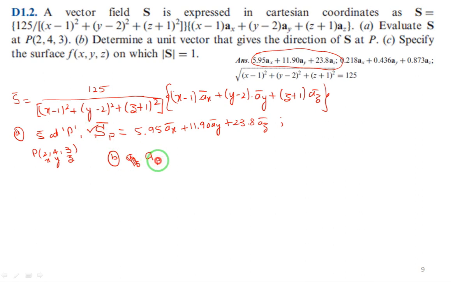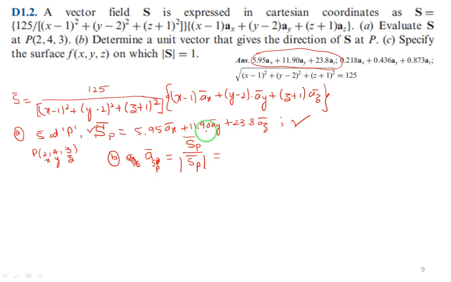Okay, I'll use some notation here. The unit vector is S vector at point P divided by the magnitude of S vector at point P. This is by definition of unit vector, right? If you are getting confused, you can write A with subscript S subscript P, the unit vector in the direction of S vector at point P, so it will be very clear. S vector at point P we already calculated in part A, and take the magnitude of it.